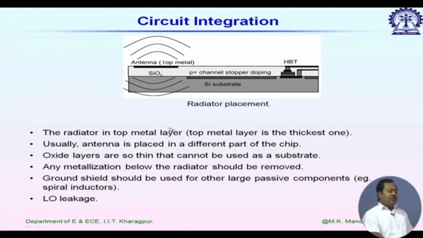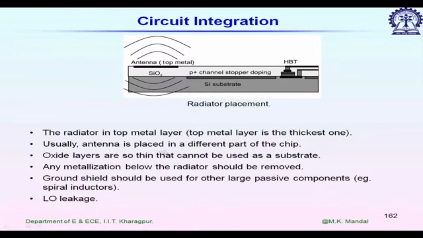So, some other issues when we go for circuit integration: the radiator should be placed on the top metal layer. For gallium arsenide, fabrication uses side space, so the circuit grows side by side, and for silicon fabrication it uses vertical space. So, it goes top layer by layer. Then the antenna, being a radiating structure, should always be placed on the top layer. The second point,